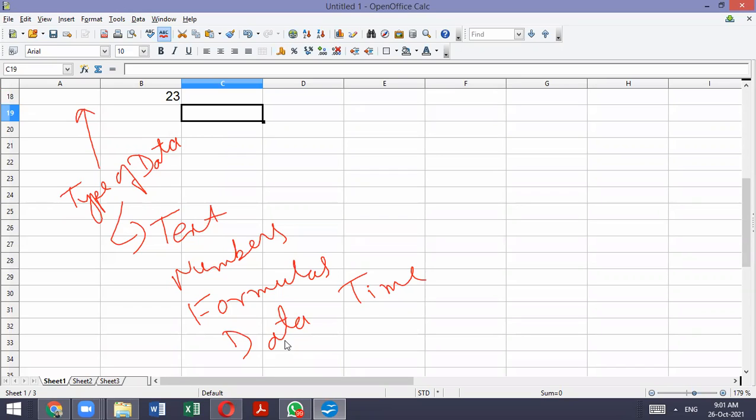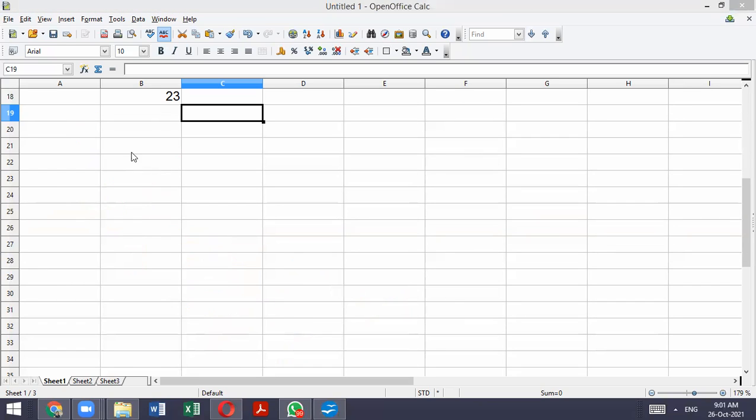Okay, the next thing is, what is a formula? Text, numbers, date, time is a very common thing. What is a formula? Yes, student? Sir, expressions that are used to do mathematical calculations. Right, very good. So which help us to do mathematical, arithmetical, as well as relational, logical calculations, right? So it will not only help us to do arithmetical, non-arithmetical also.